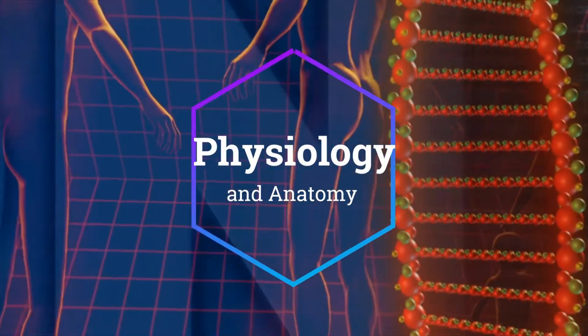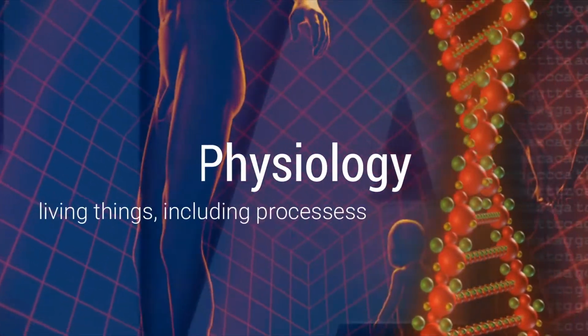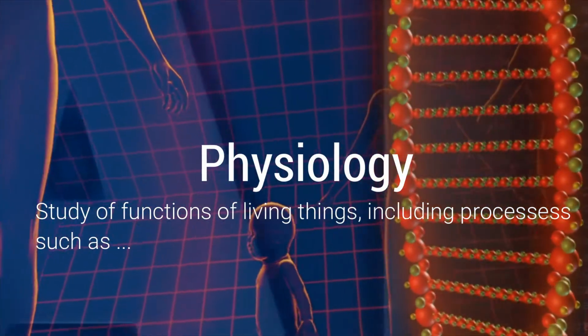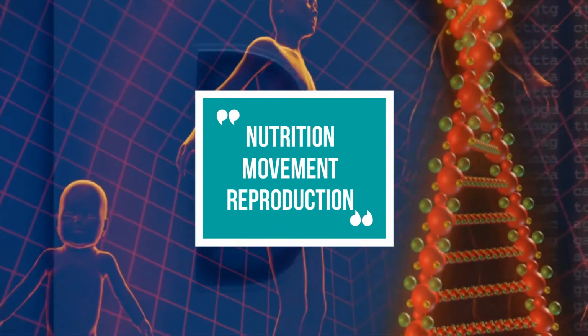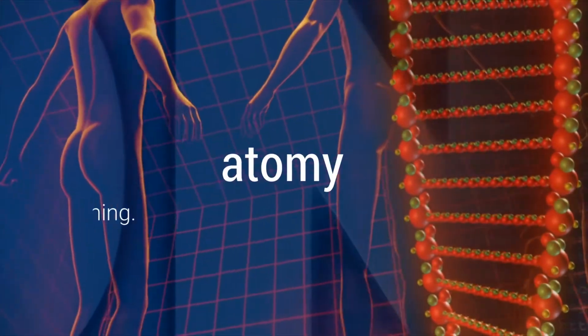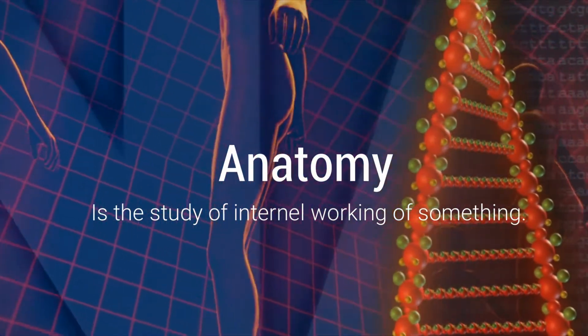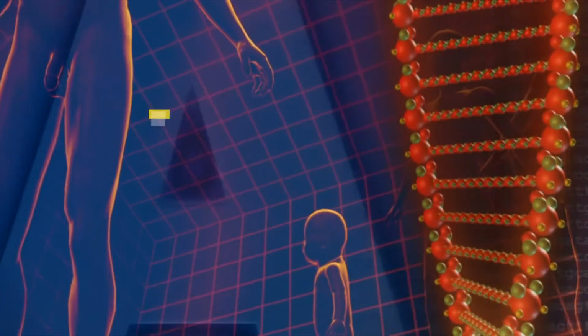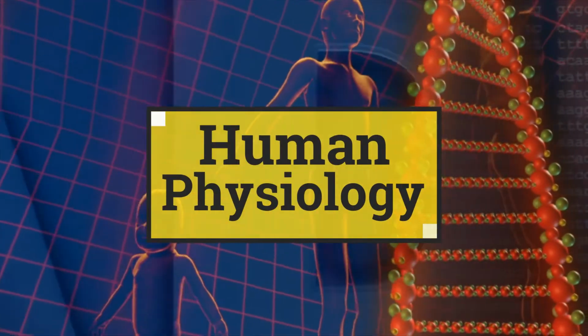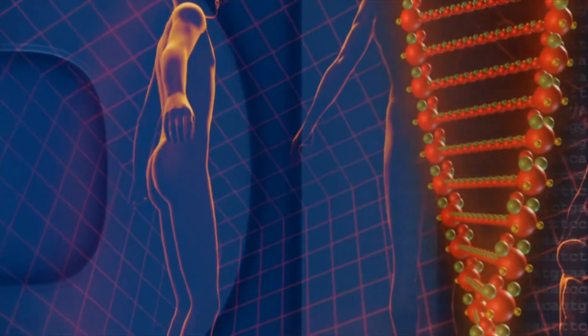Physiology and Anatomy. Physiology is the study of the function of living things, including processes such as nutrition, movement, and reproduction. Anatomy is the study of structure of internal workings of something. Human physiology. In human physiology, we attempt to explain the specific characteristics and mechanisms of the human body that make